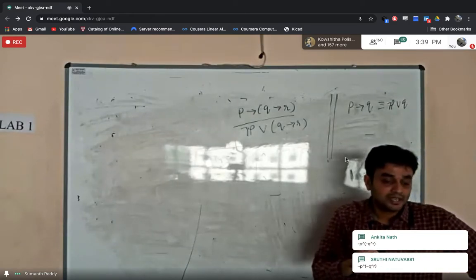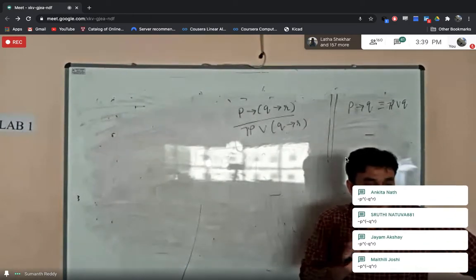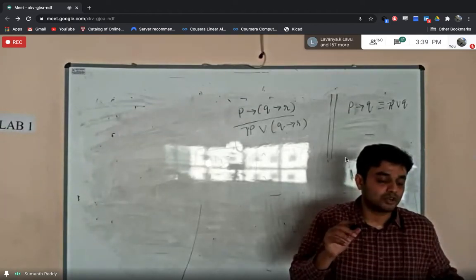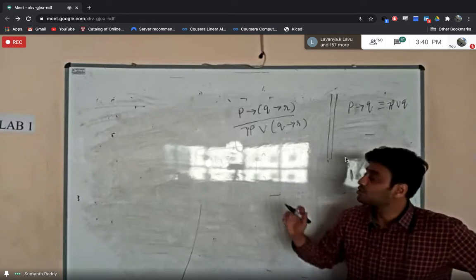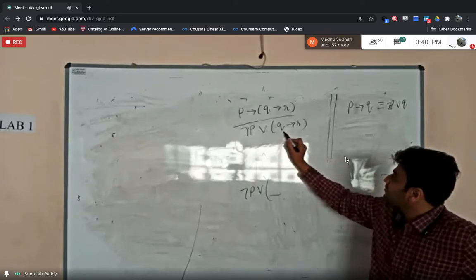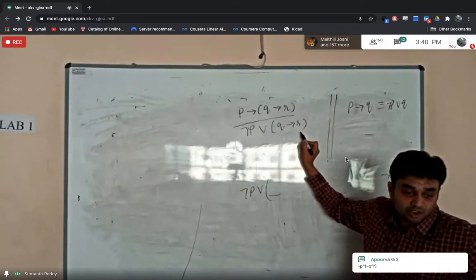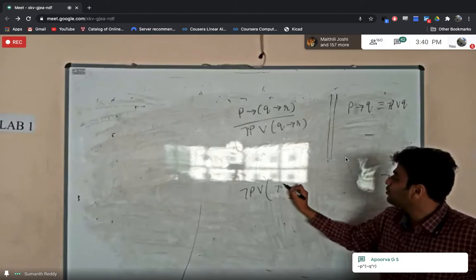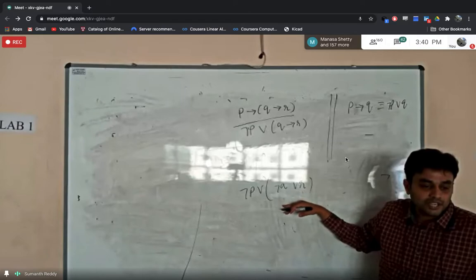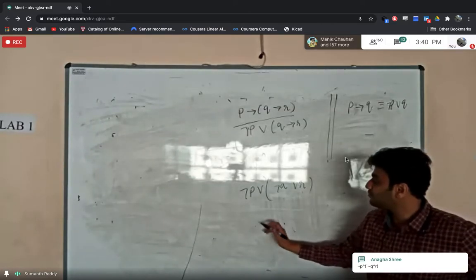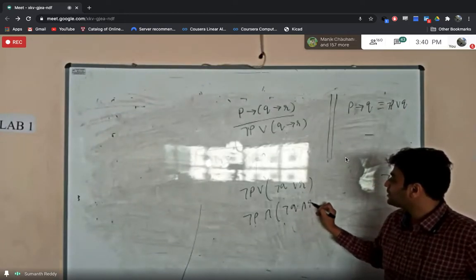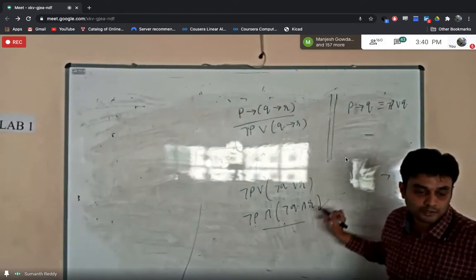That is very important. In exam, when they ask you to find the dual, directly don't change conjunction and disjunction and tell the answer. Okay, so before that, you just have to remove the complex connectives. Okay, so now if you observe this again, this can be written as negation of P, or again, this is in the form of P implies Q, that will be equal to negation of Q or R. Negation of P or negation of Q or R. So now this is the simplified form. So now easily you can find the dual of this. So the dual of this will be equal to negation of P ampersand of negation of Q ampersand of R. So this is the dual of this compound proposition.